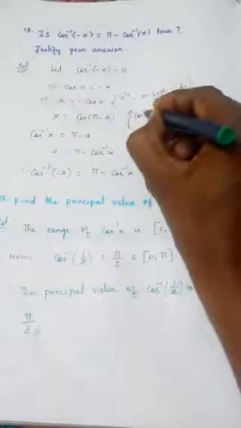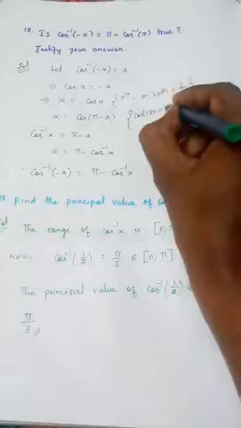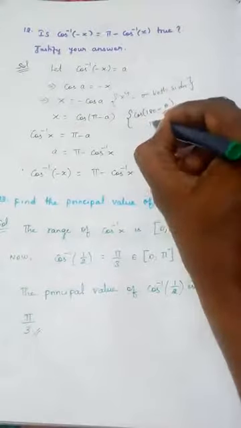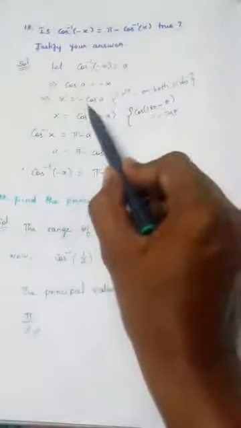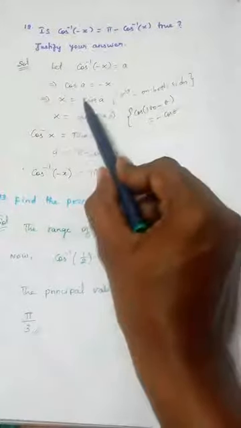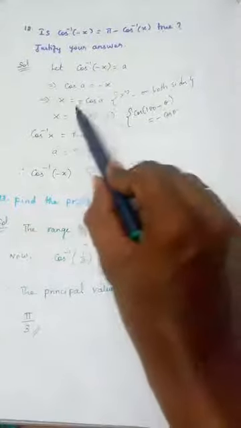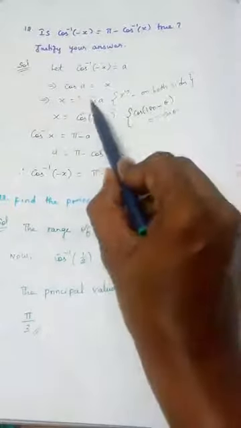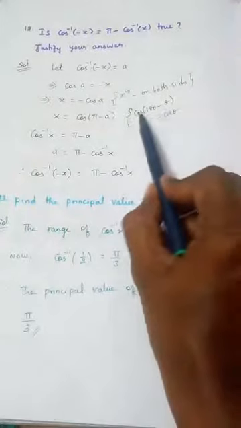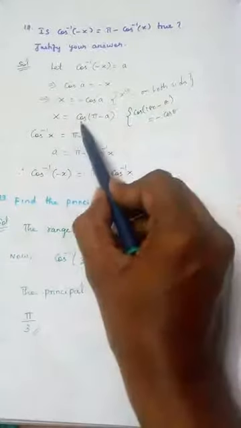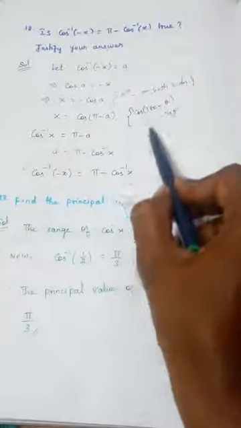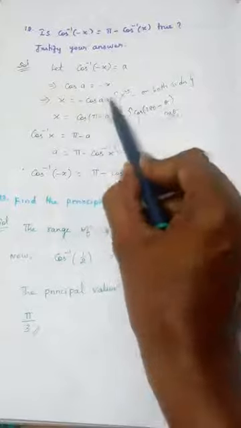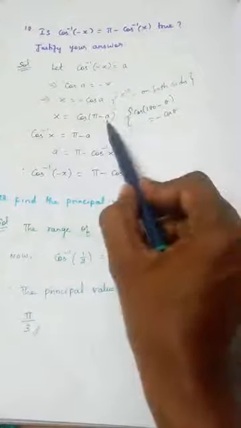this is the formula that we should know, cos 180 minus theta. The answer is minus cos theta. Cos 180 minus theta is minus cos theta. So you just imagine this is minus cos theta, so that can be written as cos 180 minus theta. That is why I am writing cos pi, which means 180. Cos pi minus A. Using this formula, minus cos A is written as cos 180 minus A.